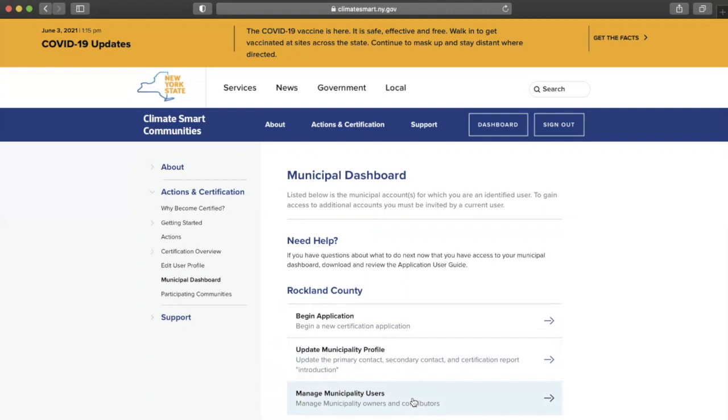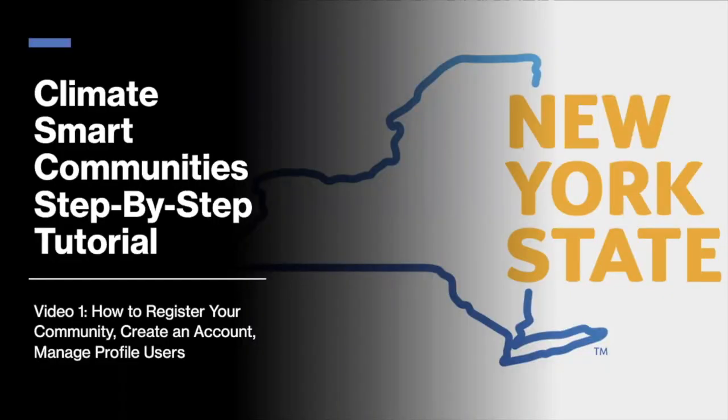This page allows you to see which users are owners and which are contributors. Both owners and contributors can upload documentation for a municipality's application, which is helpful when there's a team working together on Climate Smart Communities certification. Now that your account is all set up, you can go ahead and start viewing the actions. In the next tutorial, we will go over navigating the various types of actions and how your community can participate